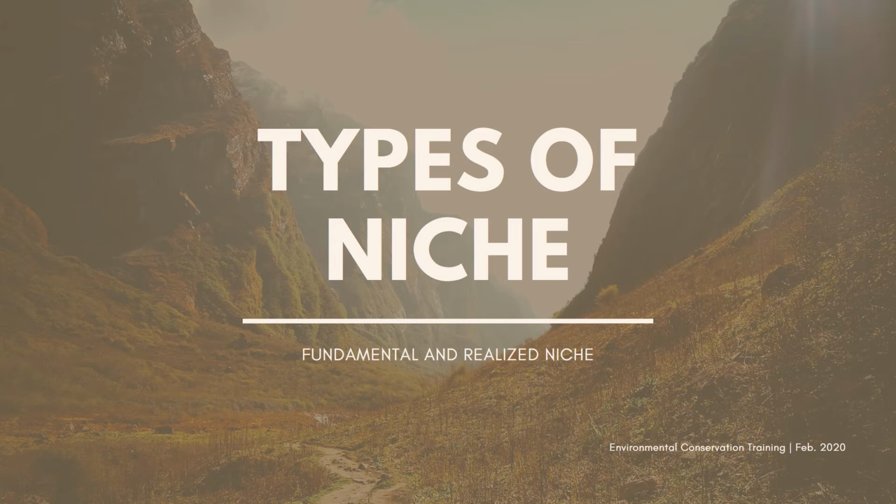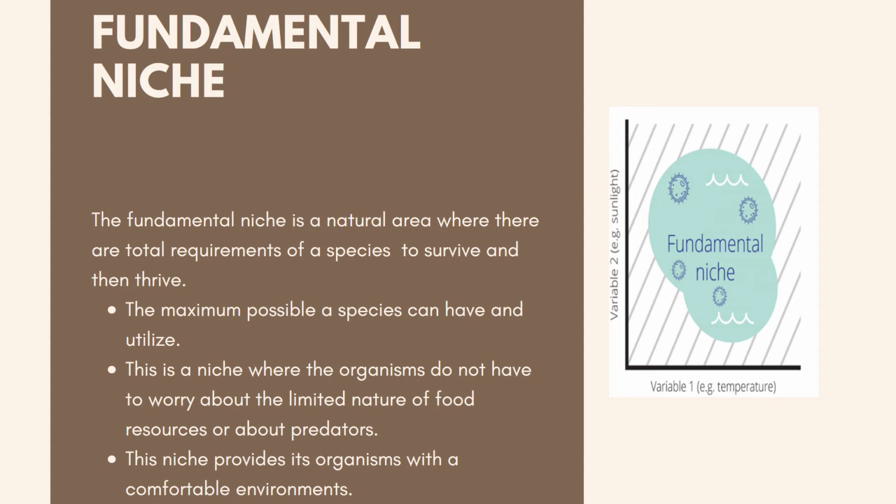There are two types of niche, the first one, fundamental niche, and the second one, realized niche. Accordingly, the fundamental niche is a natural area where there are total requirements of a species to survive and then thrive. Fundamental niche is therefore the maximum possible a species can have and utilize. Furthermore, this is a niche where the organisms do not have to worry about the limited nature of food resources or about predators. Hence, this niche provides its organisms with a comfortable environment in which the species can mate and